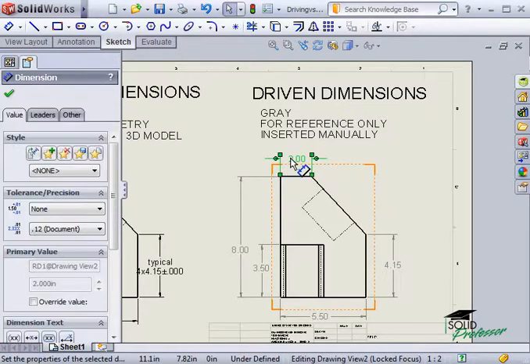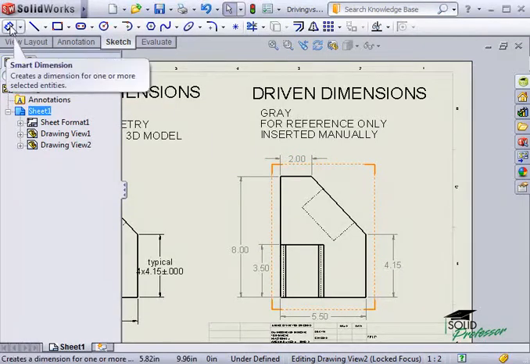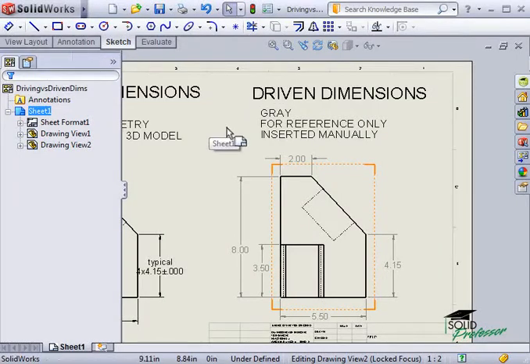If I attempt to double-click a driven dimension, I don't see a spin box where I can change its value. Instead, I only see the dimensions property manager. Instead of being imported from the 3D model, driven dimensions like these are added manually using the dimension tool. While this may seem like a redundant process, driven dimensions offer you more control in how you want your drawing